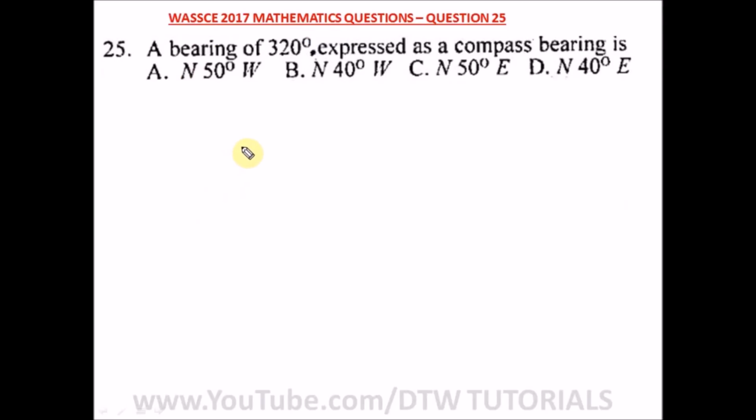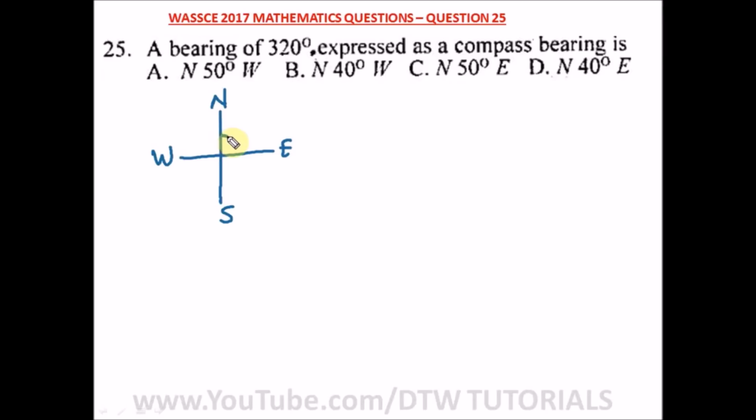Question 25 of WASSCE 2017 mathematics past question. It says a bearing of 320 degrees expressed as a compass bearing is. Remember bearing, you have north, east, south and west. Now to convert your three-digit bearing to compass bearing, you have to start from the north